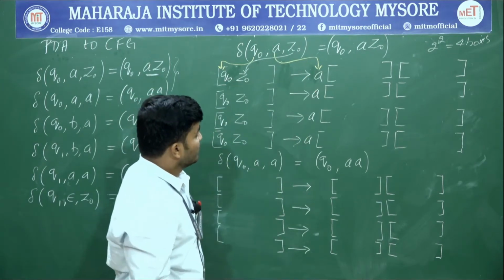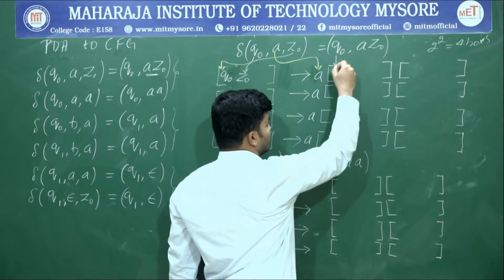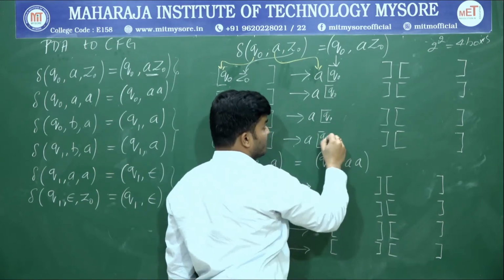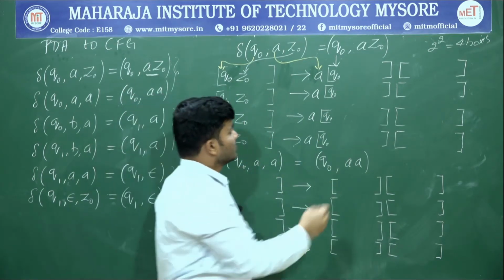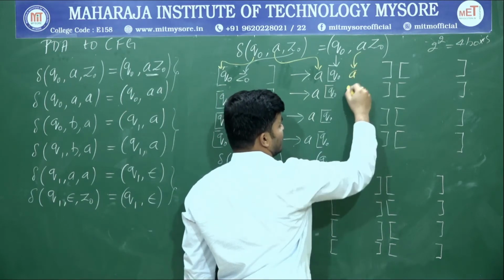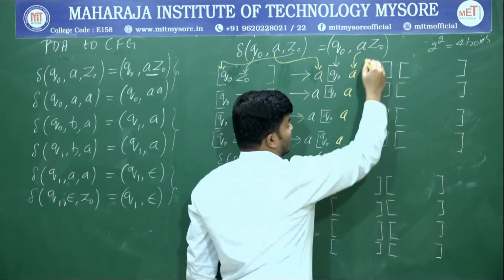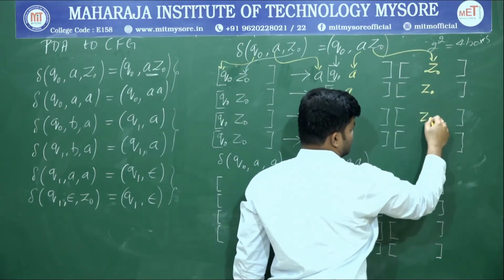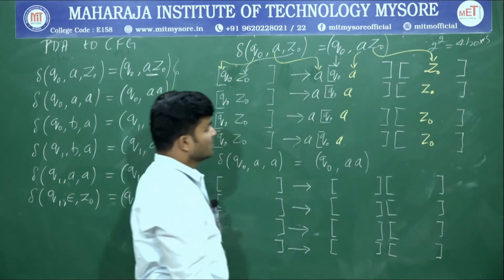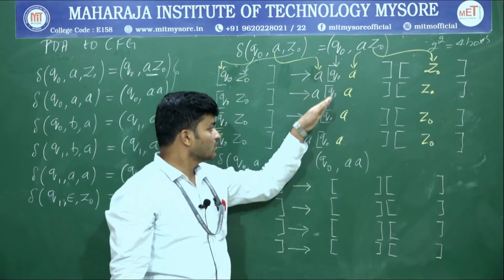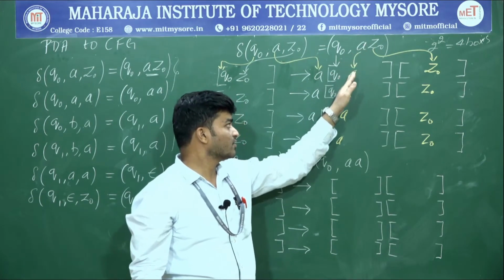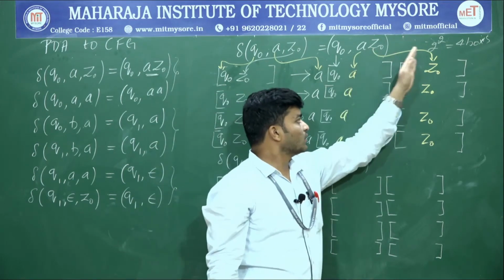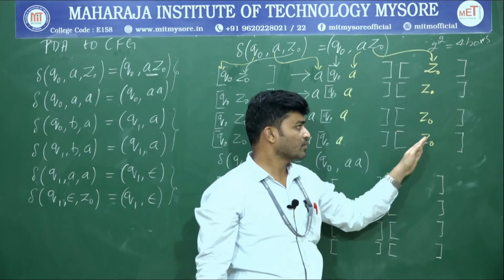Next, again here also the same. Write this Q naught in the first position 4 times. And this particular A over here 4 times. And this Z naught in the second box center position. This Q naught I have written 4 times. Next, this A I have written in the center of the first column box, 4 times, and Z naught in the center of the second column box, 4 times.